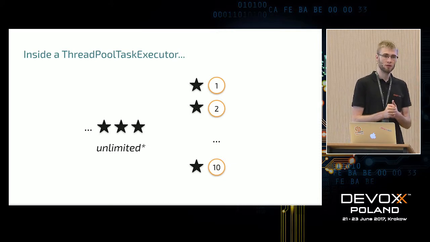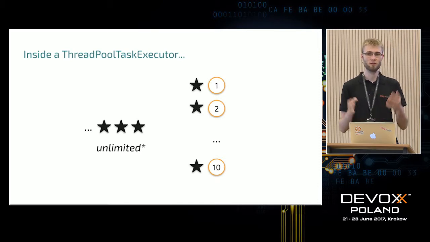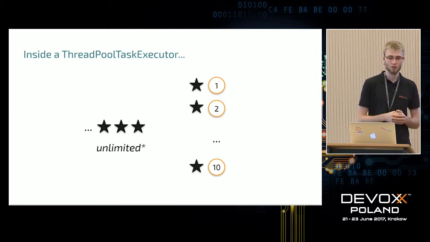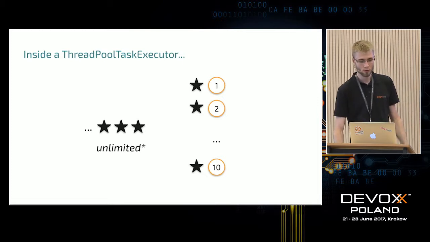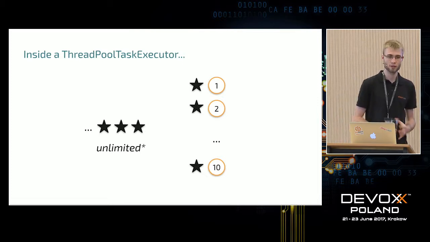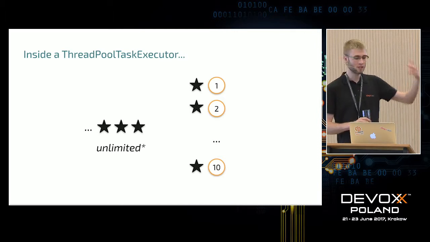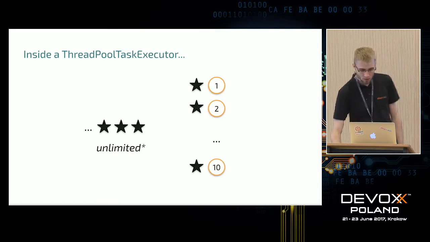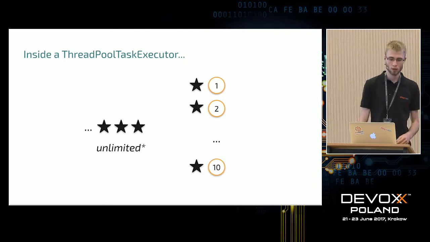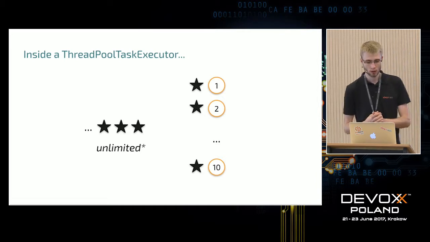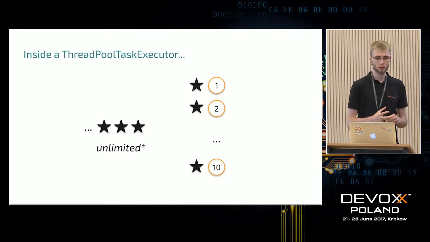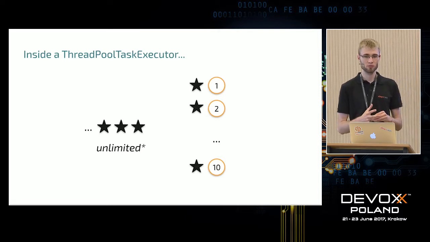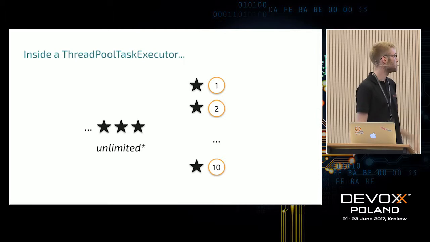But it's not true that it's unlimited, because everything has some limits, because we live in a physical world. There's no such thing as unlimited. Memory is our limit. So basically, we are just accepting work until we break, because we cannot get any more. What we could do here is maybe increase the memory size. Maybe it's the first thing that comes to mind, but it doesn't solve the problem. It would just make the queue larger and make us break sometime later.